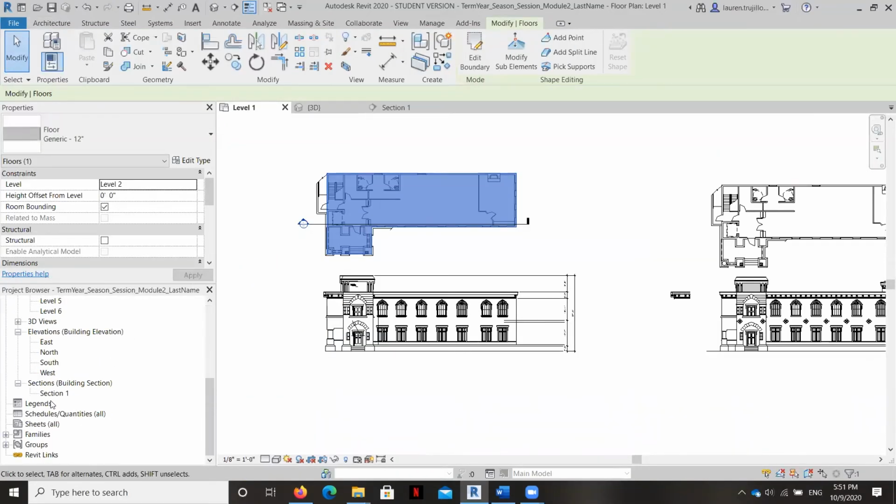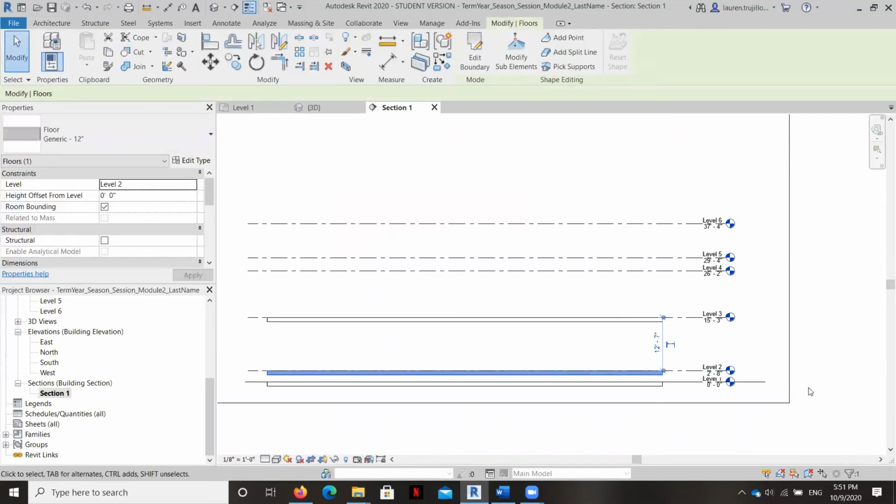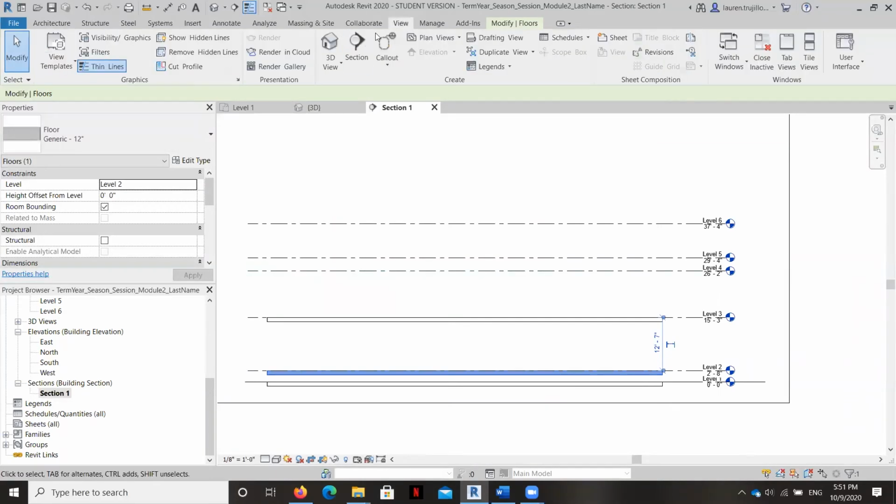Okay, and let's take a look. Okay, so we've got that. We don't really know exactly what is happening in between the space. There could be some footing. There could be some kind of trellis or something that allows water to flow through. We don't have all that information, and it's not necessarily our job to have that information, but I'm just drawing it to show you how we would create a series of levels. So let's go ahead and look at this in a 3D view.